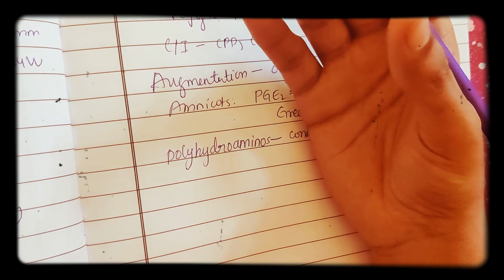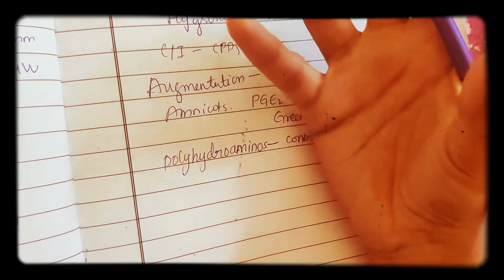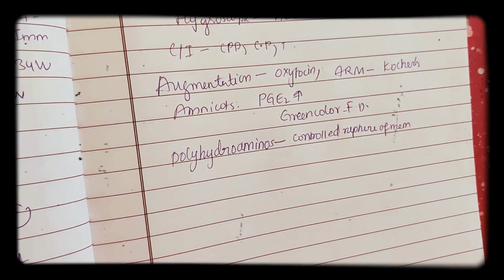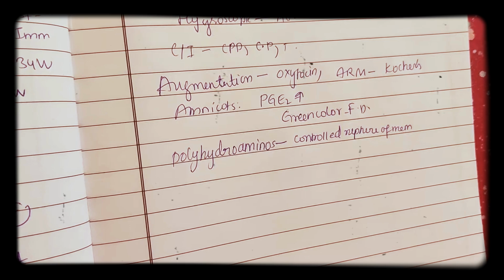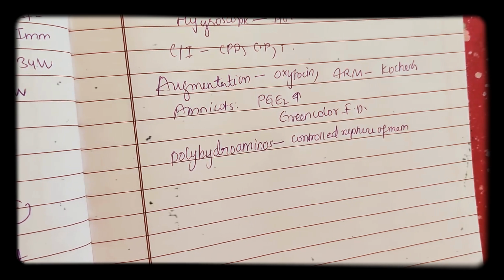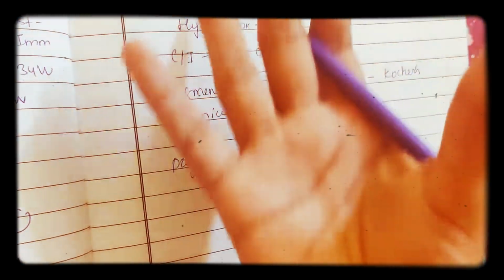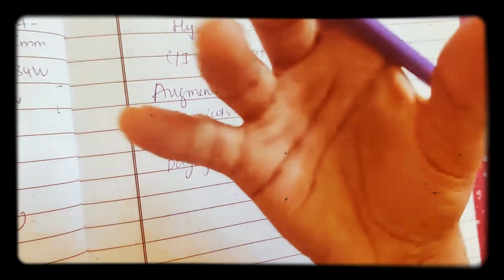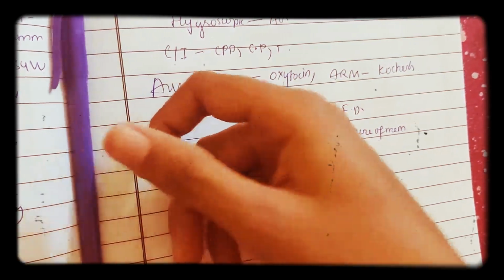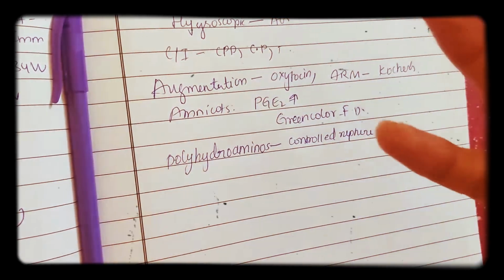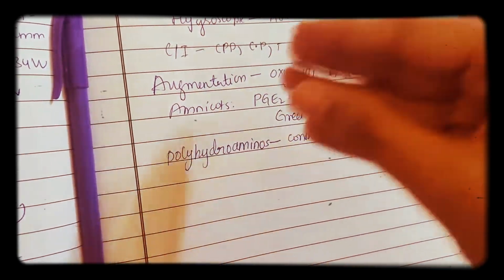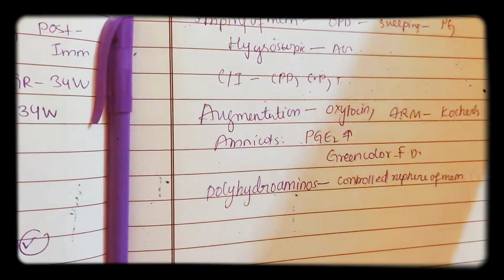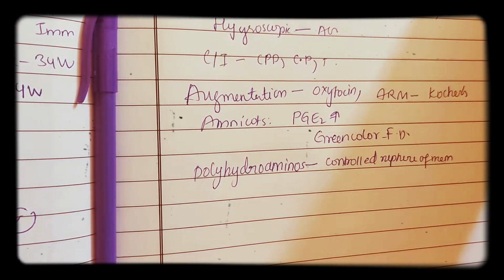Even though you try to do this controlled rupture, sometimes, as the polyhydramnios amniotic bag is very much filled with fluid, even a small hole will lead to a lot of fluid loss. In that case, you need to put a tissue or pads under the vulva of the female, and slowly release the amniotic fluid to prevent sudden loss and abruptio placenta in polyhydramnios, even in the case of controlled rupture of membrane. So by this we completed induction of labor. Next we'll start with malpresentations.